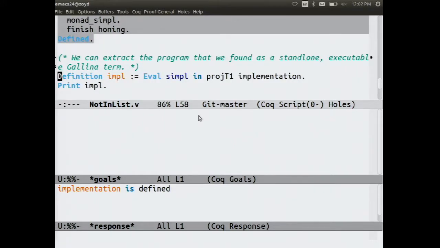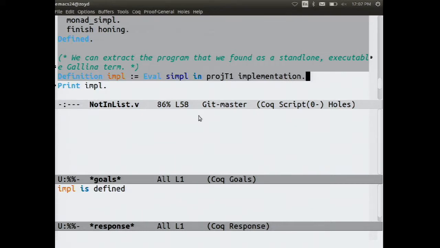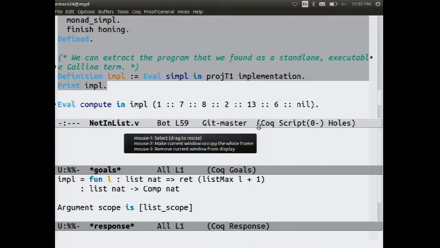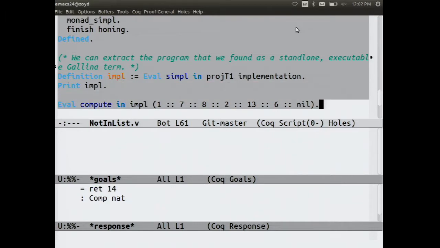And now that we've done that, we have the proof, but we also have the program. So we can use this line to project the implementation out of the pair that puts the program together with its proof. And I can print out what we got, and it's this very reasonable functional program that just returns list max +1. And we can do some further processing to remove the return, so it is a standard calc functional program. The type even makes that clear without needing to inspect it. And of course, this program we can run and get answers on exciting inputs like this one. Tells us the number 14 is not in this list, which is 1 greater than the max in the list.